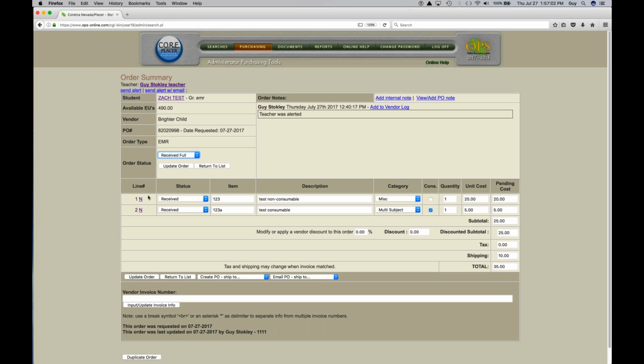And teachers can be given an alert saying that, hey, this thing has been processed for a long time. You haven't marked received. You can click alert and send them a message: please, if this order has indeed been received, confirm that so that I can match this invoice and pay the vendor. Because if you make the vendor wait too long, it's not good. It's bad for your credit, and you don't want that. So anyway,